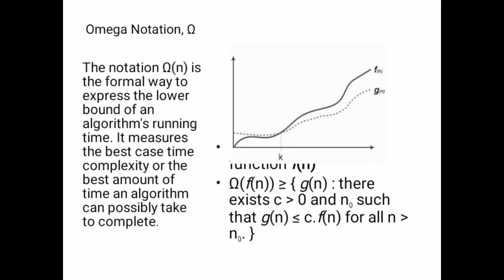And if we draw the graph of f of n and c of g of n versus n, the graph of f of n lies above the graph of c of g of n for sufficiently large values of n, as shown in the diagram. This notation gives the lower bound on a function f of n within a constant factor. The lower bound